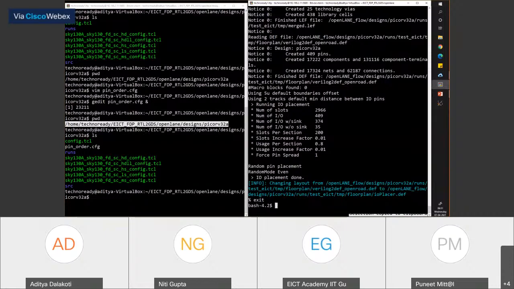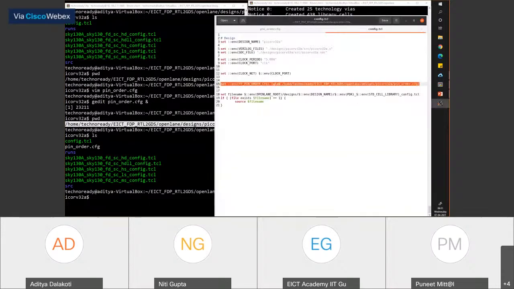Okay, so the environment variable I've set with this command, I'm repeating, you're supposed to set it in your config.tcl. Please set the initial path as it is in your Linux directory. If you do not set it as in your Linux directory, it will not work. This is for my Linux directory where this file is located. Please set it for your Linux directory correctly.